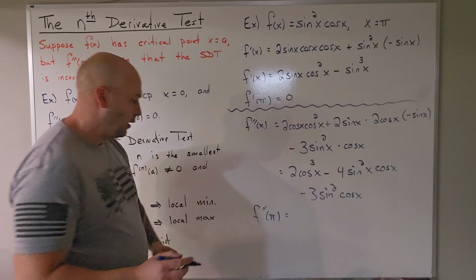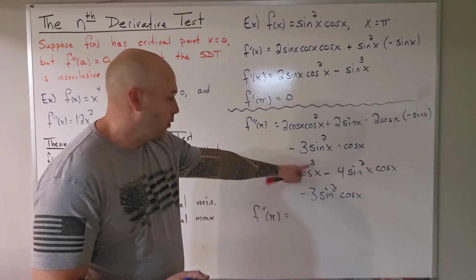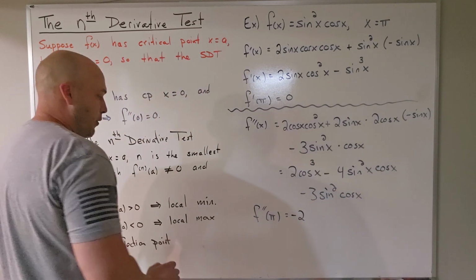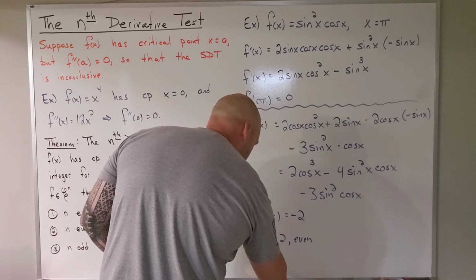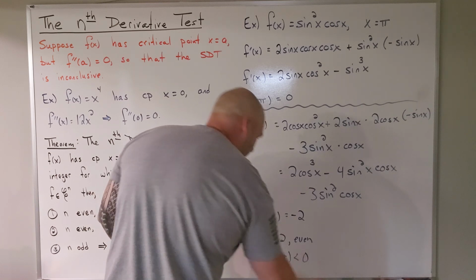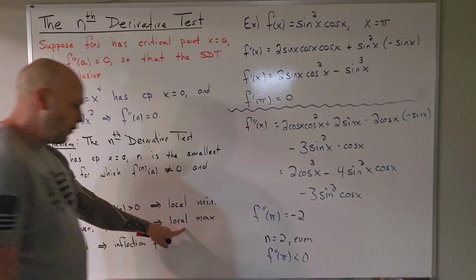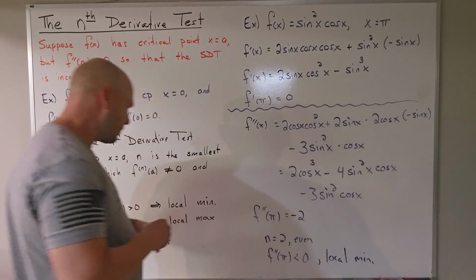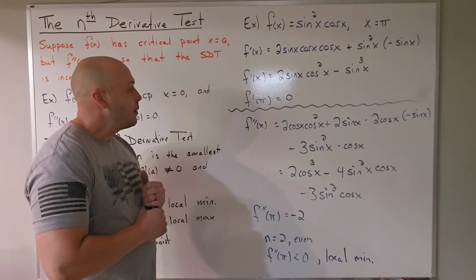well, first of all, let's go ahead and plug it in. Second derivative at pi, if I plug in pi, cosine of pi is -1. -1 cubed is -1, so that's -2. But then this term is 0 and this term is 0. And now the order of the derivative is 2, so n equals 2, which of course is even. And the second derivative at pi is negative. So what does that say on my conclusions over here? The order is even, so it's one of the first two cases, and the second derivative in that case was negative. Therefore, we know that pi is a local minimum. So really the second derivative test was conclusive in this particular example, but we still followed the same procedure